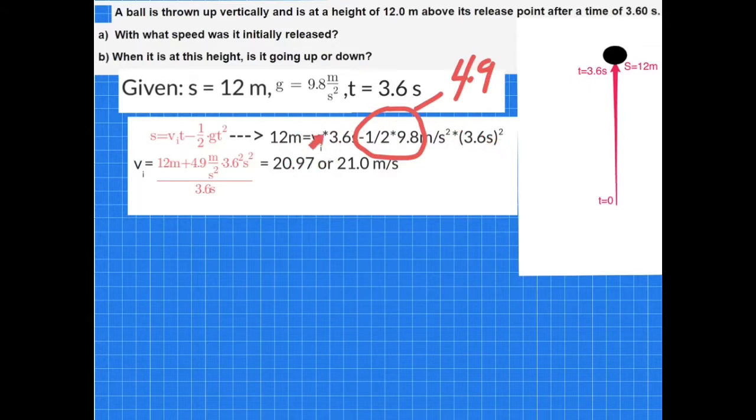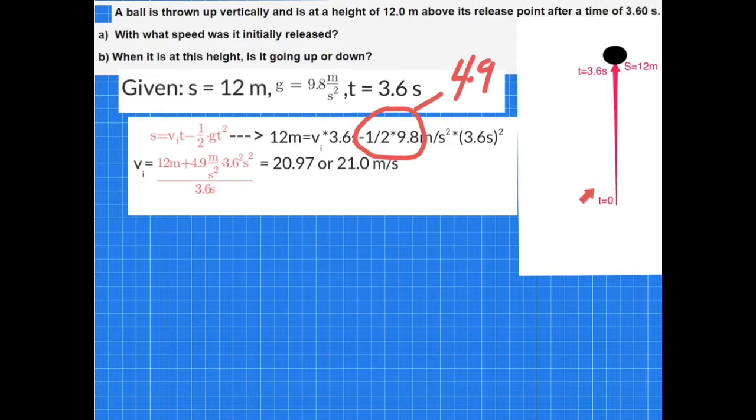Algebraically rearranged for the initial velocity, we get 12 meters plus 4.9 meters per second squared times 3.6 seconds squared, divided by 3.6 seconds. This gives us 20.97, rounded to 21.0 meters per second to three significant figures,